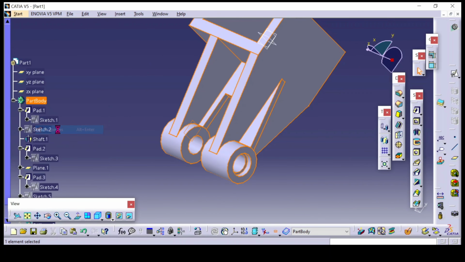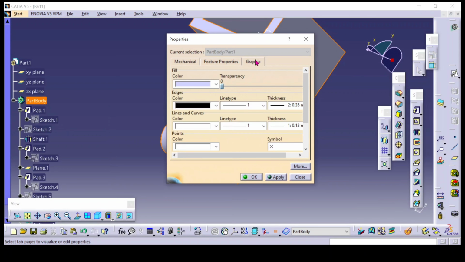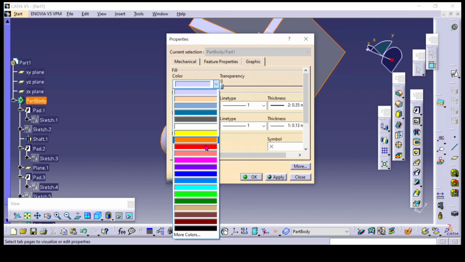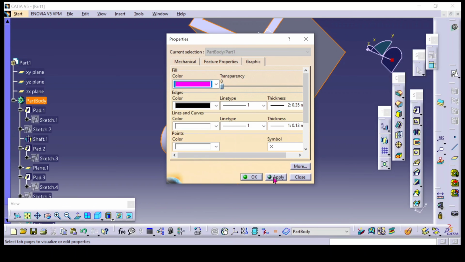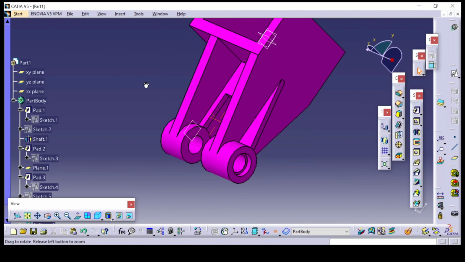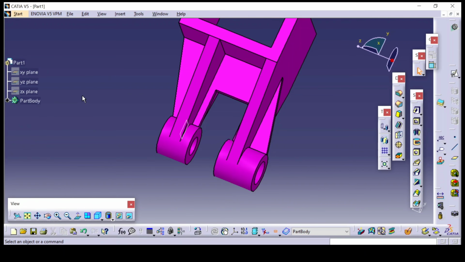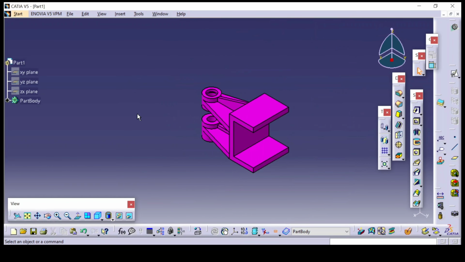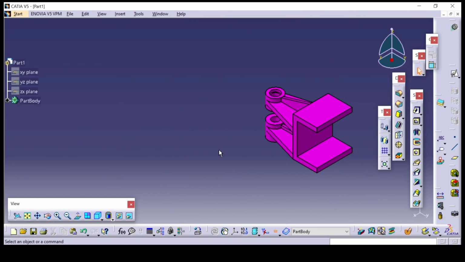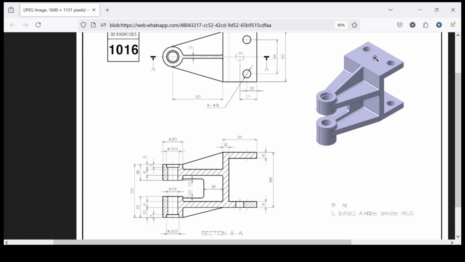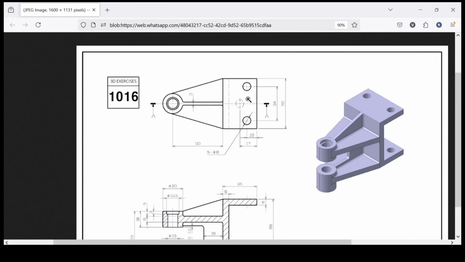Lastly, we will give some color to this graphic, maybe this color. Now hide all the planes. And now you can check with these views. And we have forgotten about these holes. We'll draw these holes. These holes are like this, 34 far from each other and 10